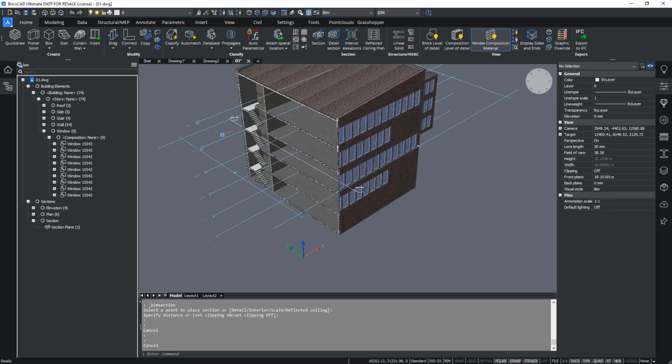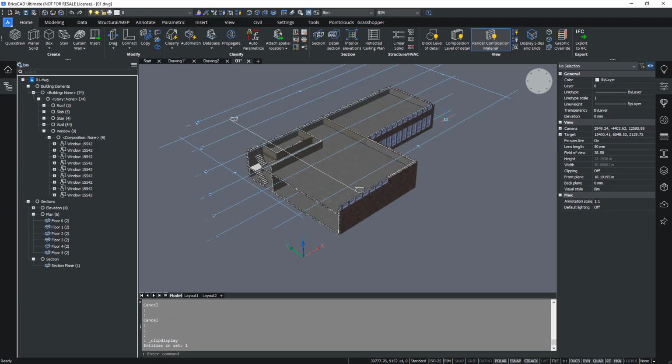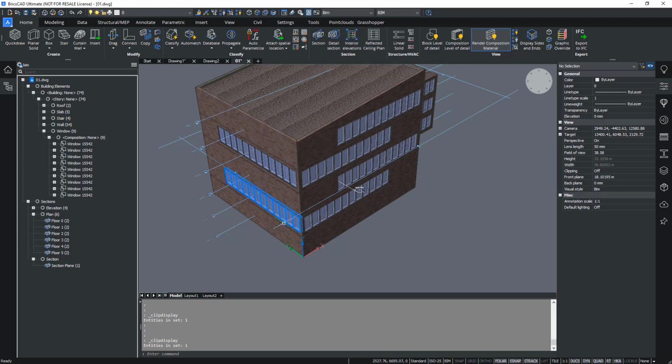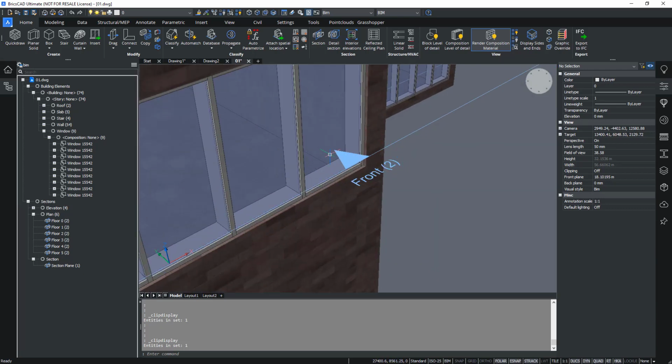We have different types of BIM sections. A plan will clip horizontally. A section, which I just made, will clip through vertically. And an elevation will not clip any geometry, but will just look from the side onto our geometry and show an exterior elevation view. Each of these types has different trackers.